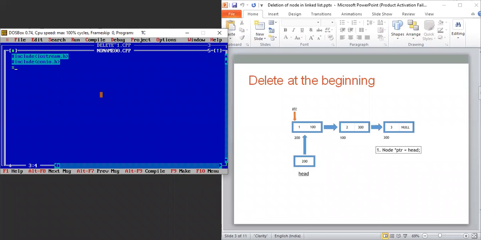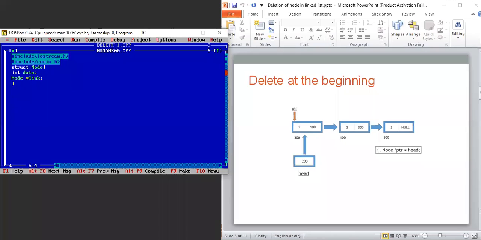As you know, we use struct node, with an int data, and one pointer in the form of a node, that is a star link. This is how we have created the node structure here.